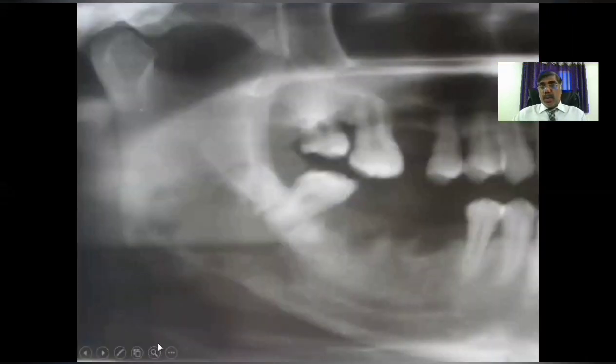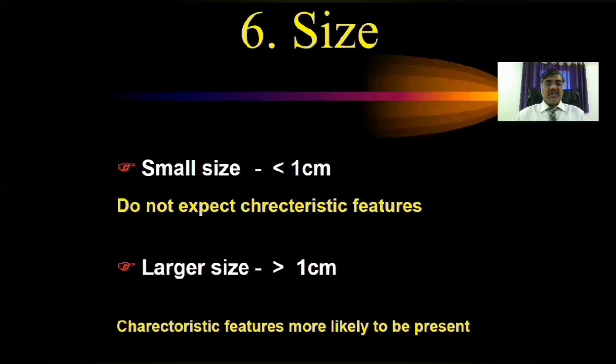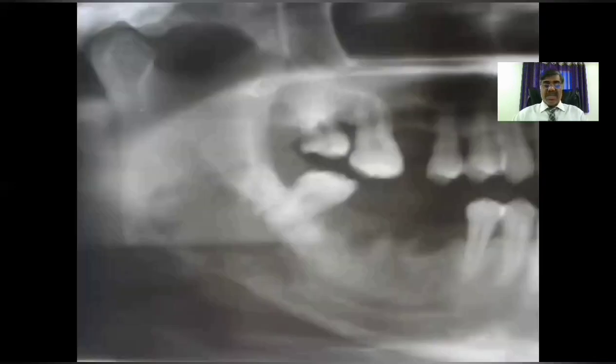Sometimes, apart from unilocular and multilocular, we will come across radiolucencies which have an ill-defined border. The border is not very clear. Especially this is characteristic of intraosseous carcinoma or metastatic carcinoma. Intraosseous carcinoma or metastatic carcinoma will have an ill-defined border. Similarly, osteomyelitis also will have an ill-defined border or irregular shape. That will be the best description. It has an ill-defined border as well as an irregular shape. So that denotes an aggressive pathology.